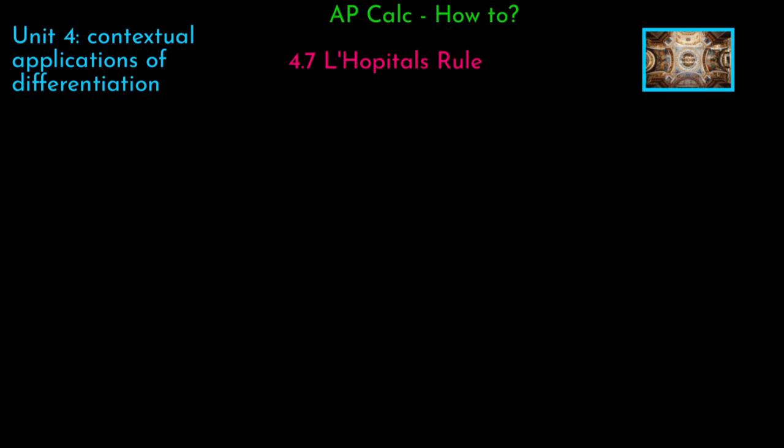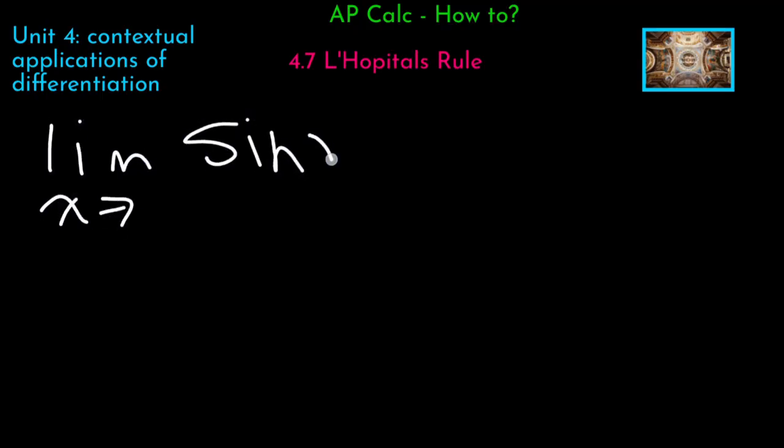So let's go. Our first problem is going to be solving the limit as x goes to 0 of sine of x over x. Now you may have just memorized this as 1, but you don't know exactly why. What L'Hôpital's rule allows us to do is, for some reason, take the derivative of the top and the bottom separately, not using quotient rule, just the top and the bottom. So we're going to go ahead and do that and rewrite the limit